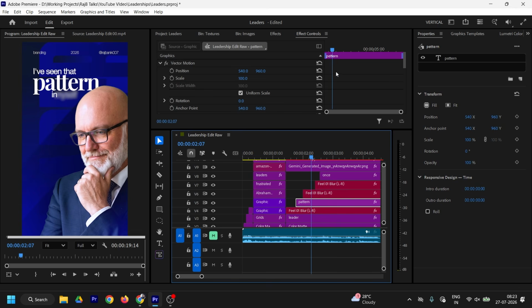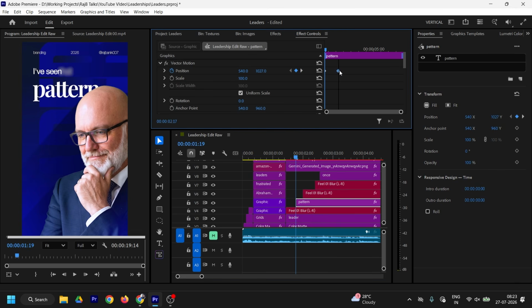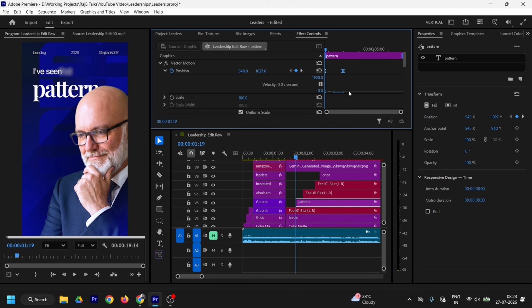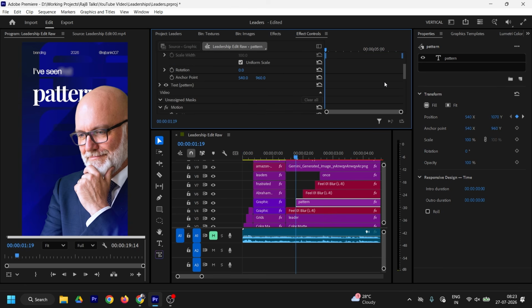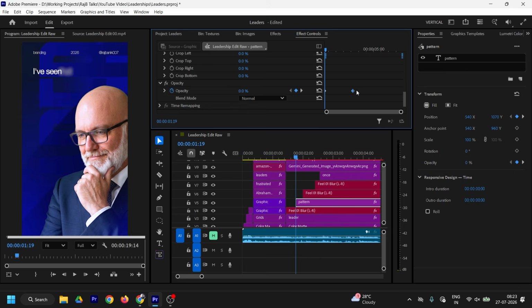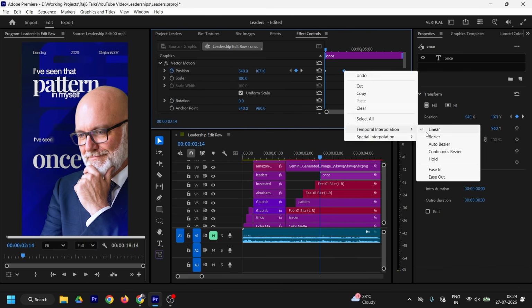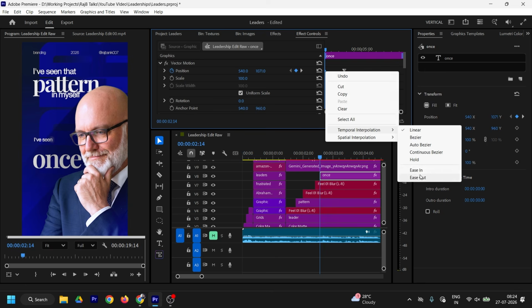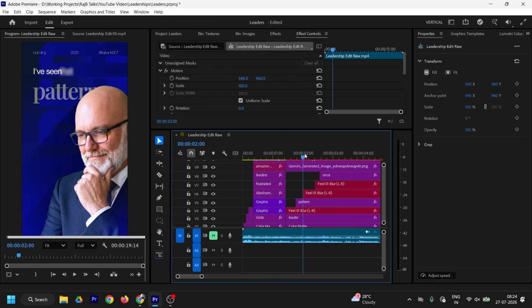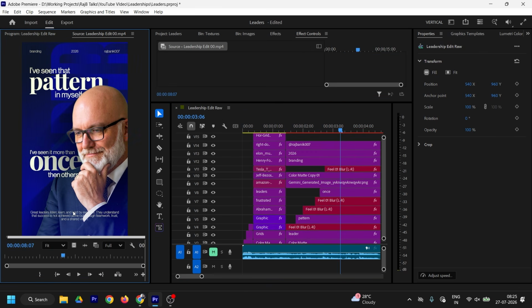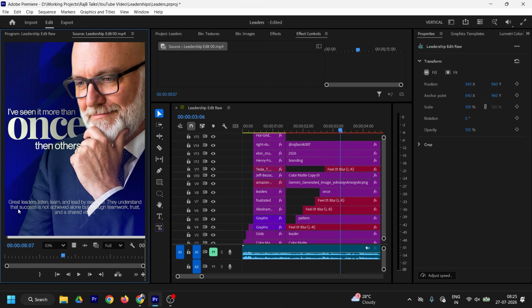Okay, for pattern, I will use this position keyframe. Yes, something like this. Ease in and ease out the keyframes and drop down something like this. So you can see. And for the opacity, and the same for once, ease in and ease out. It should look like this. And let's add this text, this one. Well, you can skip this, but let's say